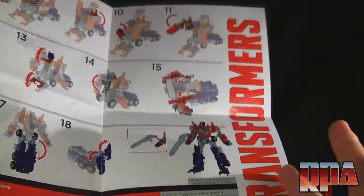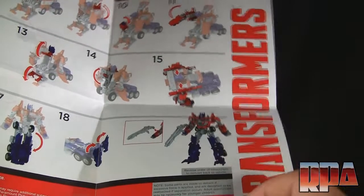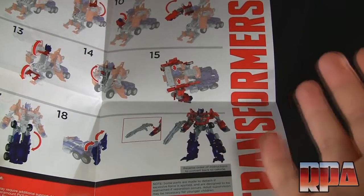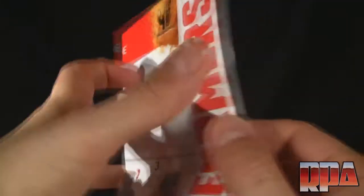And of course it's the opposite of the transformation to robot mode, but it just seemed a little more difficult than it should. Why not just do it the opposite and then at the end tell you to put it back into robot mode, do it backwards? But I don't know, for whatever reason they did it. Maybe they intended to sell it like that, or in the future the other one's going to be sold in car mode. I have no clue what's going on, but